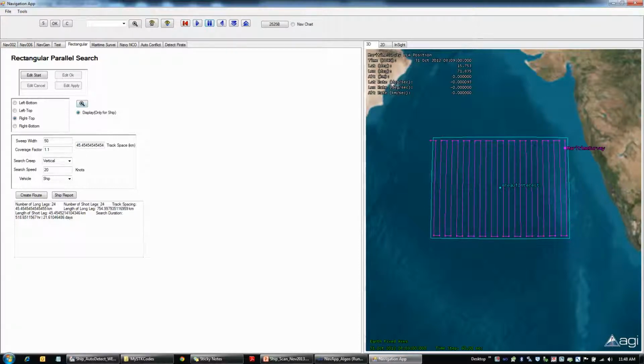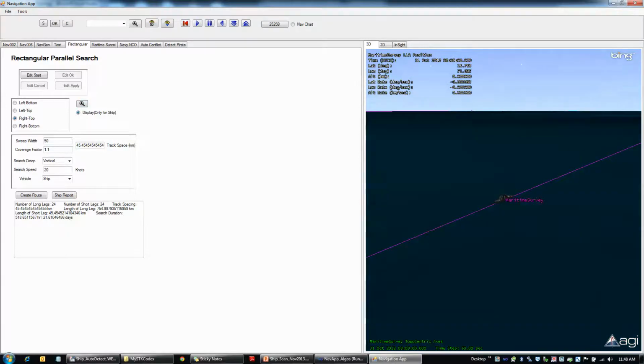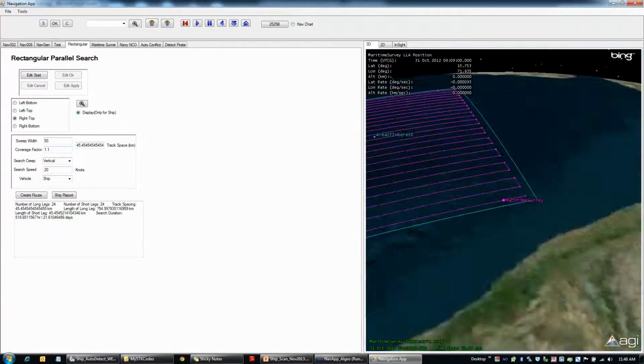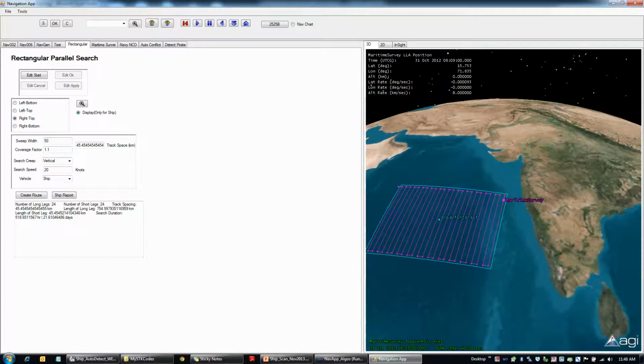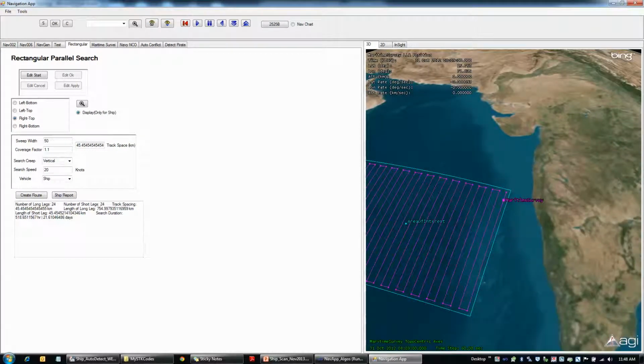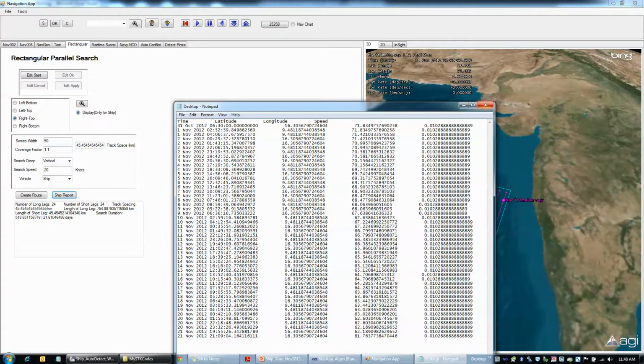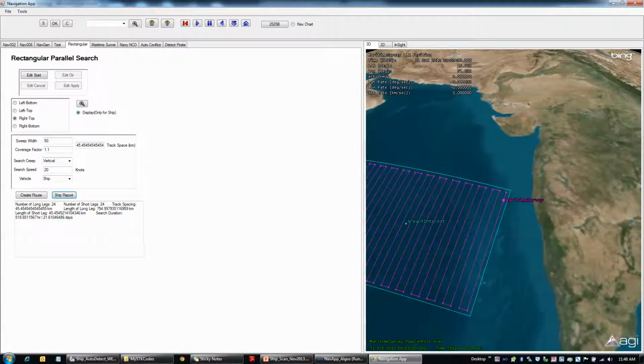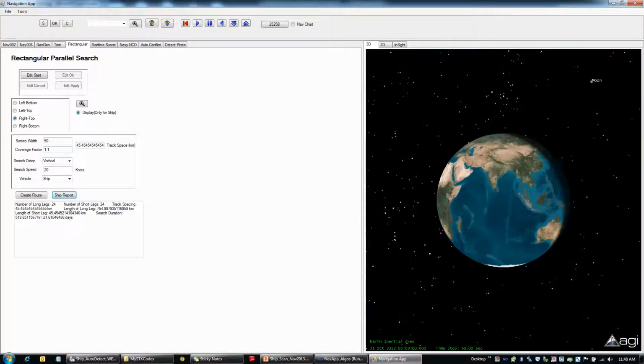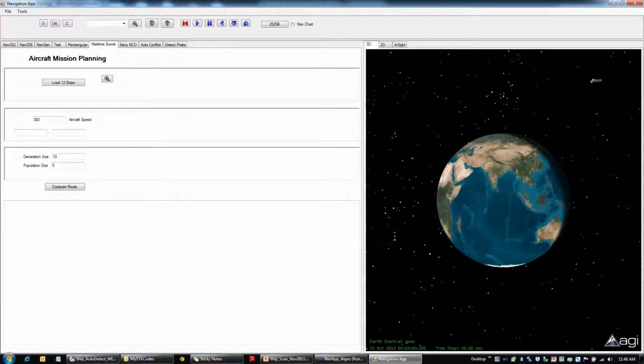And also in the same way you can zoom into that ship using that zoom button. This is the rectangular square search, and the same way you can create a route and display some results also, and you can get reports about that ship using the ship report button as well. Now you can do the remove all. I'll go to the next one, which is the maritime survey.